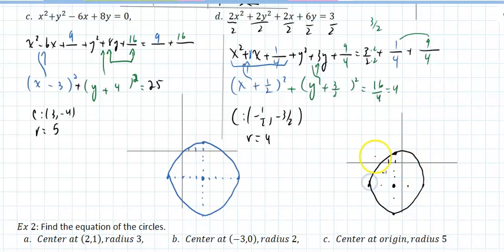I wrote the wrong radius, didn't I? The radius is actually a 2. Alright. The other way around,